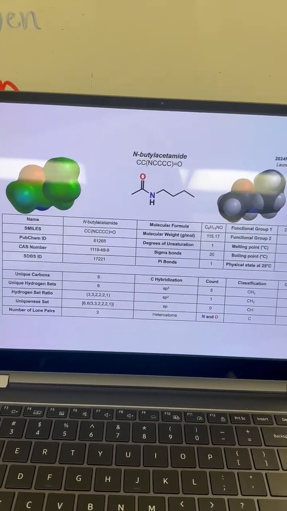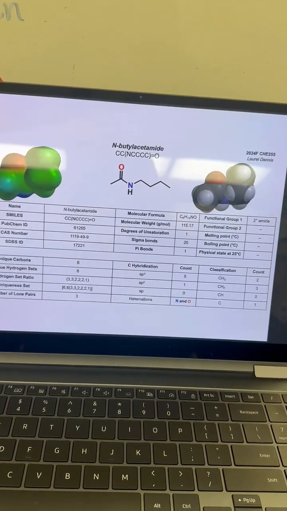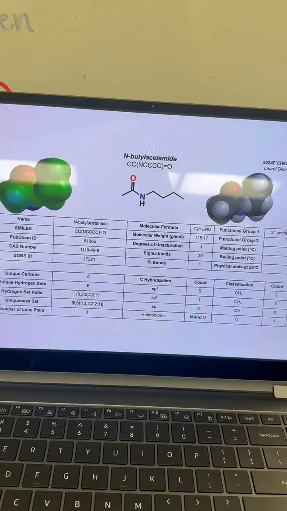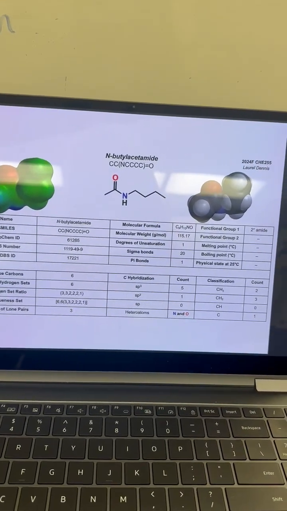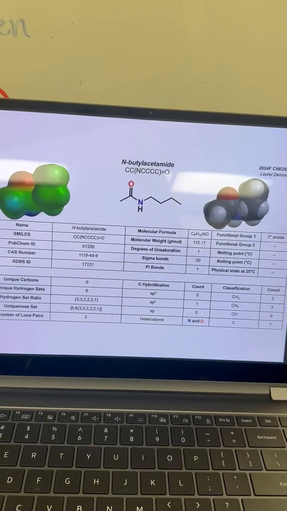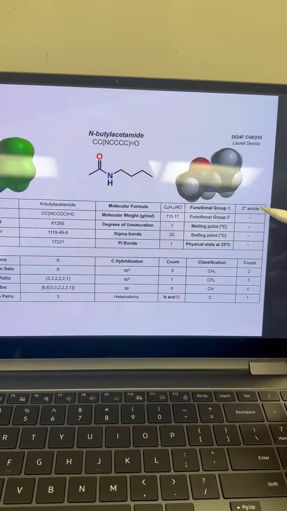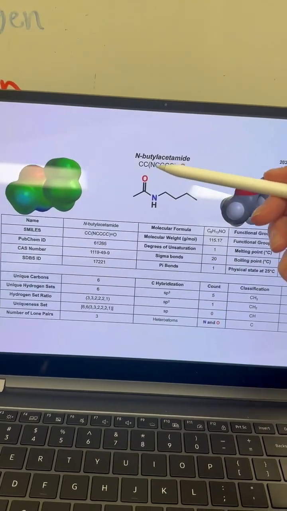in the amide functional group, which is the NH-C=O bond. It has 1 pi bond, which is located in the carbonyl group right here. It has 20 sigma bonds for the rest of the bonds. The only functional group which is seen is a secondary amide, which is between the carbonyl group here and the